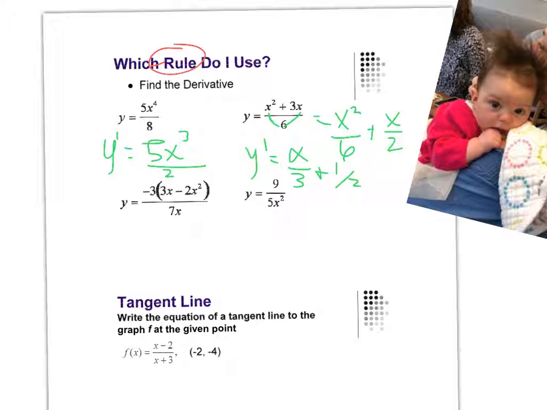The third one, I would definitely use the quotient rule. So I would distribute the -3 first and then use the quotient rule. So this is really like negative 9x plus 6x squared over 7x. And then your derivative is low, d high, which is negative 9 plus 12x, minus high,